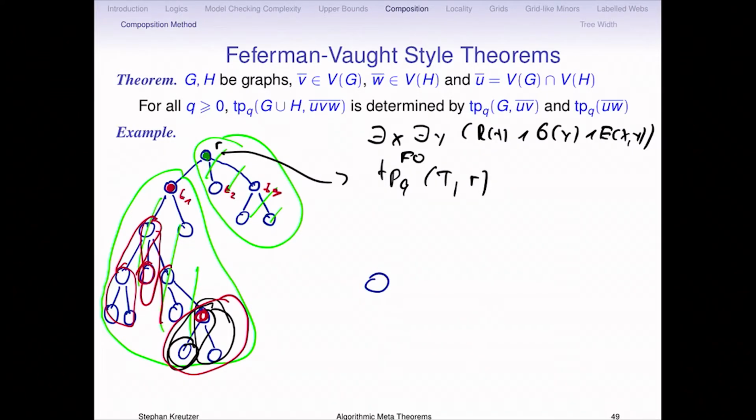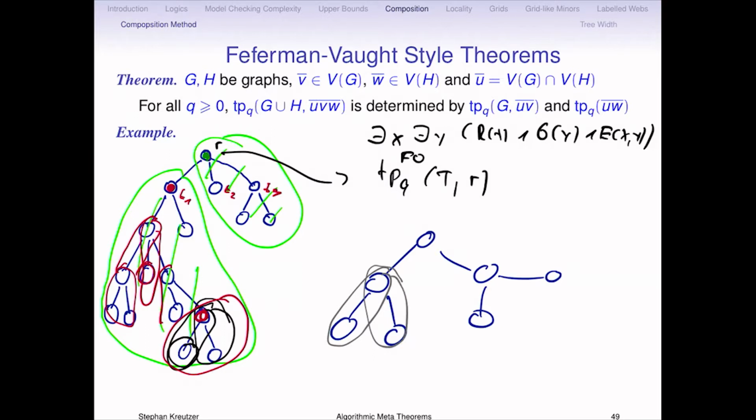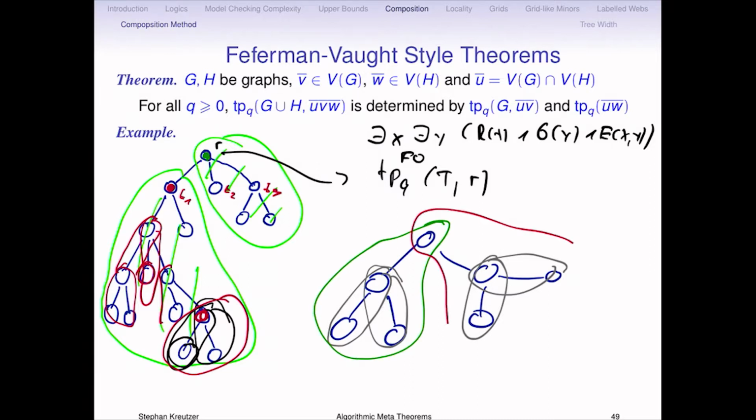So let's look at this subtree. This is what you have, and it's got these neighbors. I take this one, and I take this one and join them. And I take this one, and I take this one and join them. But now how do you go further? Because I don't want to join these at the moment. What I want to do next is join this subgraph and this subgraph.